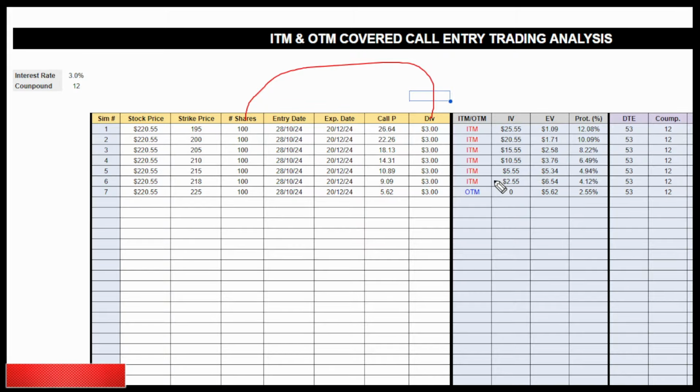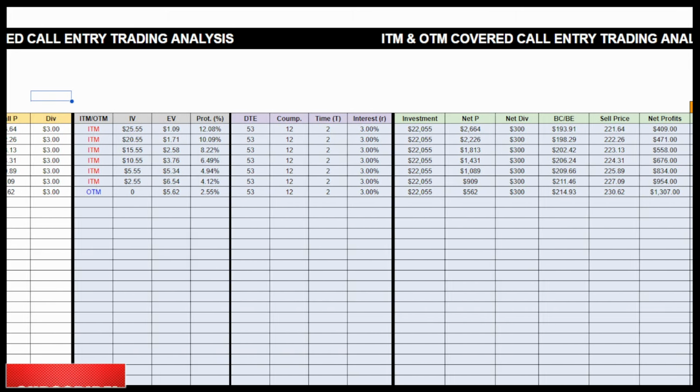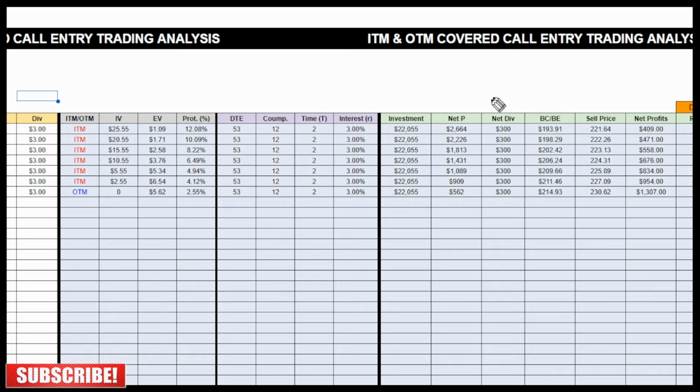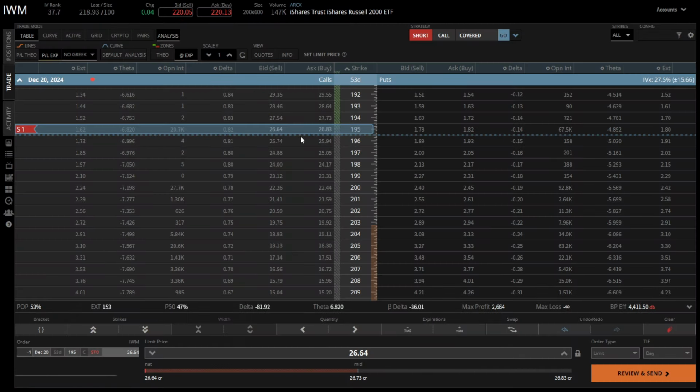That's why at this place here, as you guys can see, we have the net dividends of $300. Why? Because we just multiplied the $3 by 100, okay? So the second example, so you guys can have an idea, if we go back to TastyWorks again, if we move here to